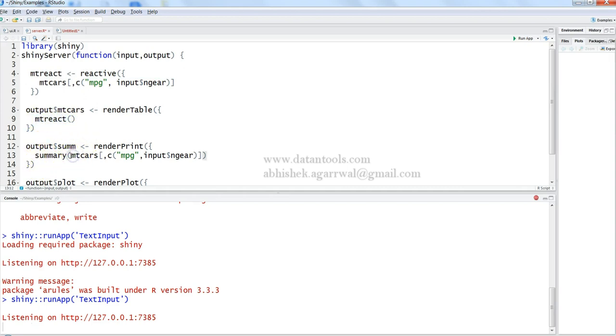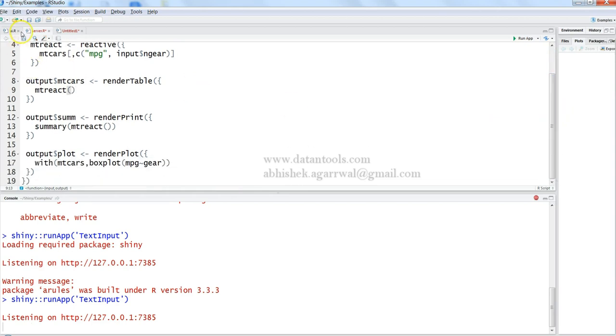Similarly in summary, I'll just remove this and say empty react parenthesis. I just noticed I need to specify parenthesis over here. I'll save this, and finally here with empty cars,